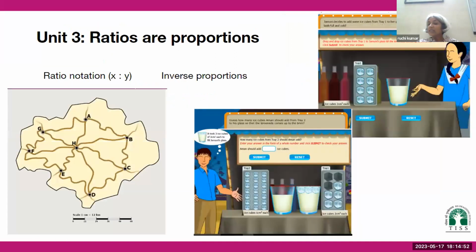Unit 3 introduces the ratio notation as well as the inverse proportion. So in this case, we have